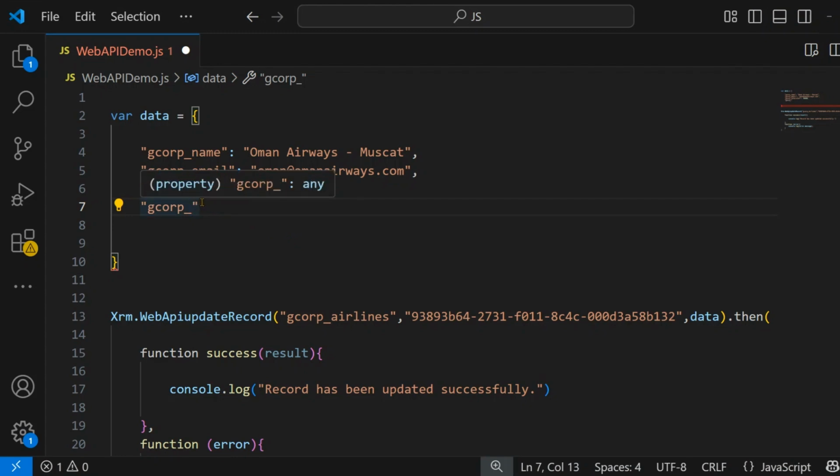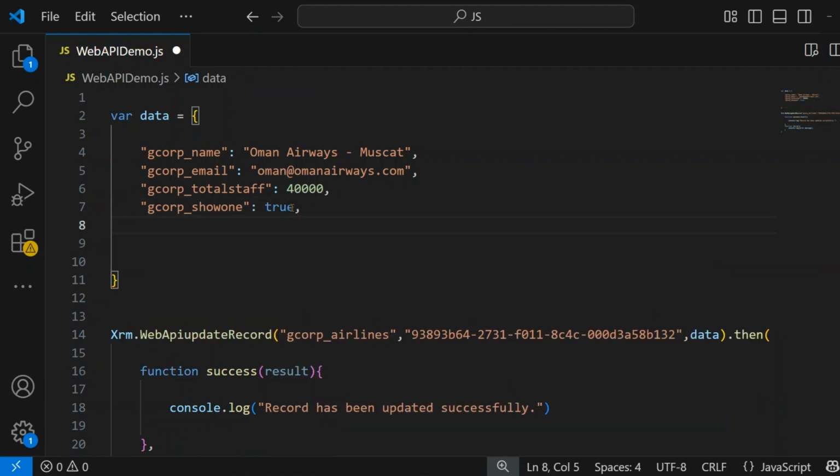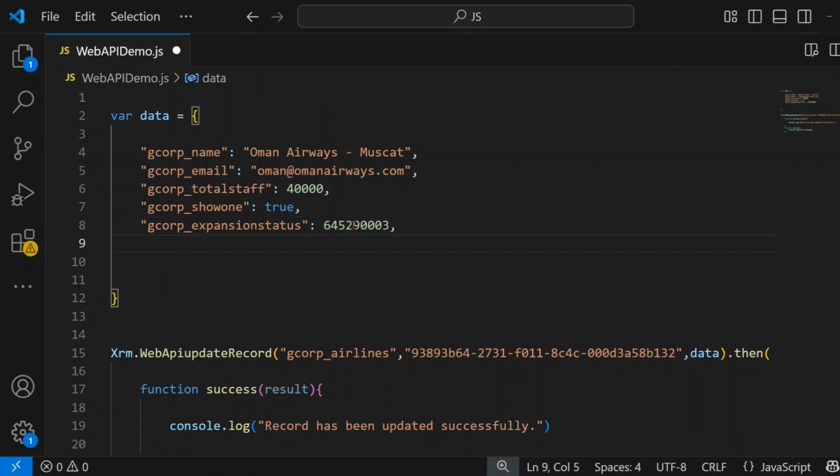So let's update that. So show1 colon true, and gcop_expansionstatus colon, and then the number. Then we will update description as well. So gcop_airline description,